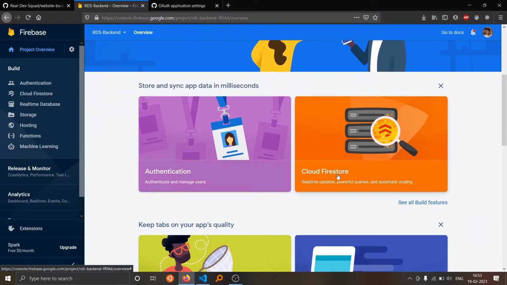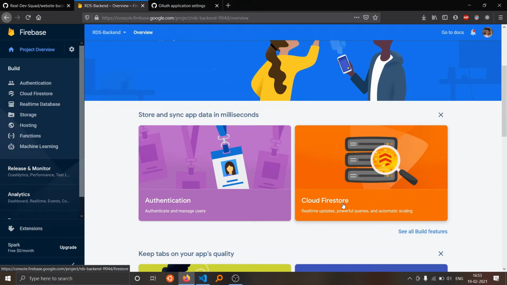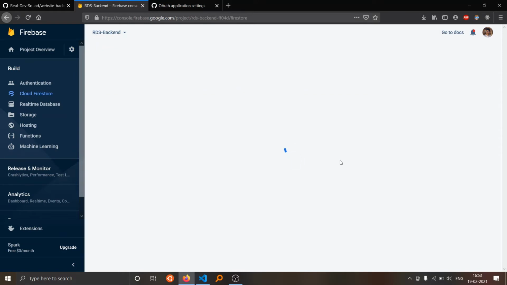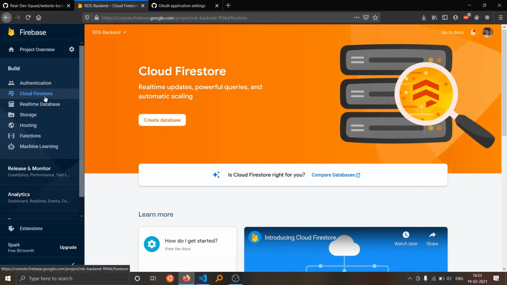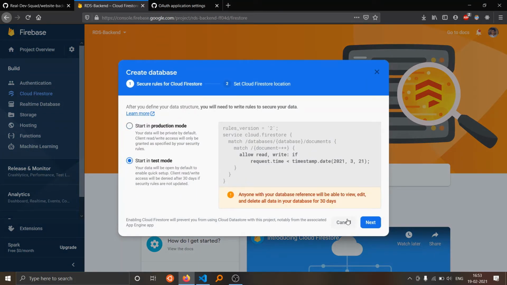Since we are using Firestore, I'll scroll down from the home screen and click on Cloud Firestore. Not Firebase, Firestore, Cloud Firestore. You can see two options here, Realtime Database and Cloud Firestore. We are using Cloud Firestore. Create database, start in test mode. Next.